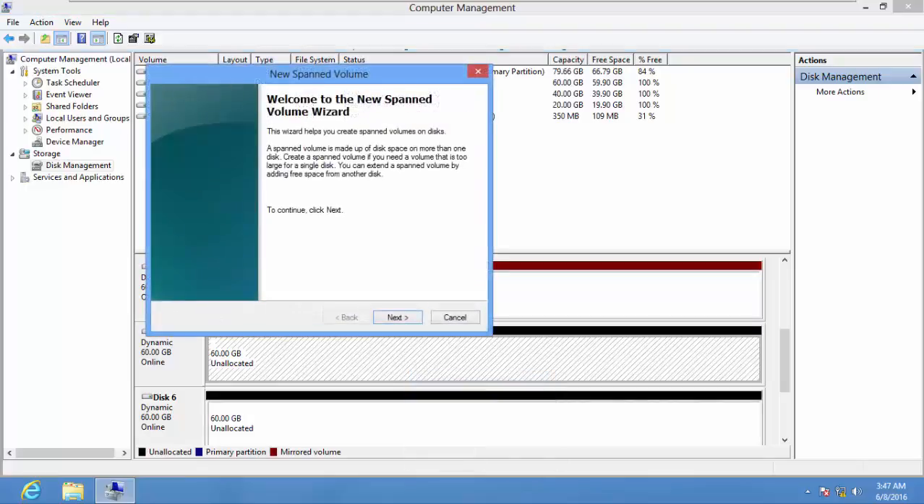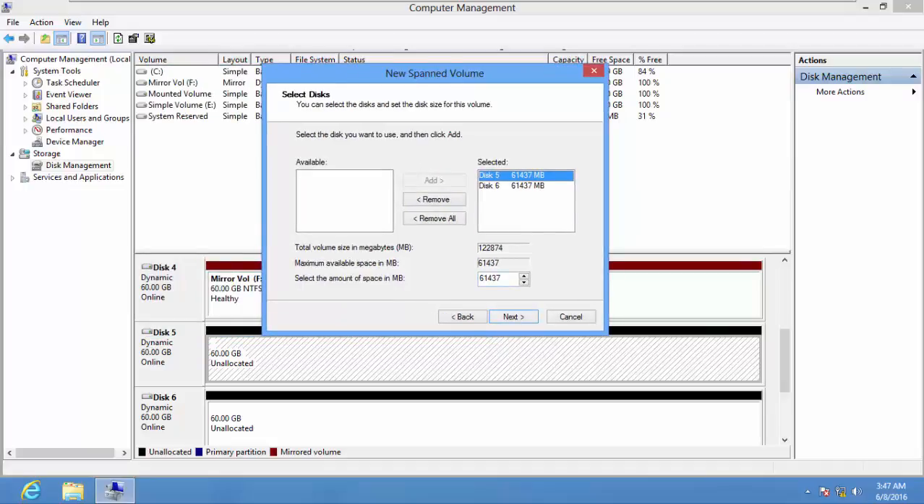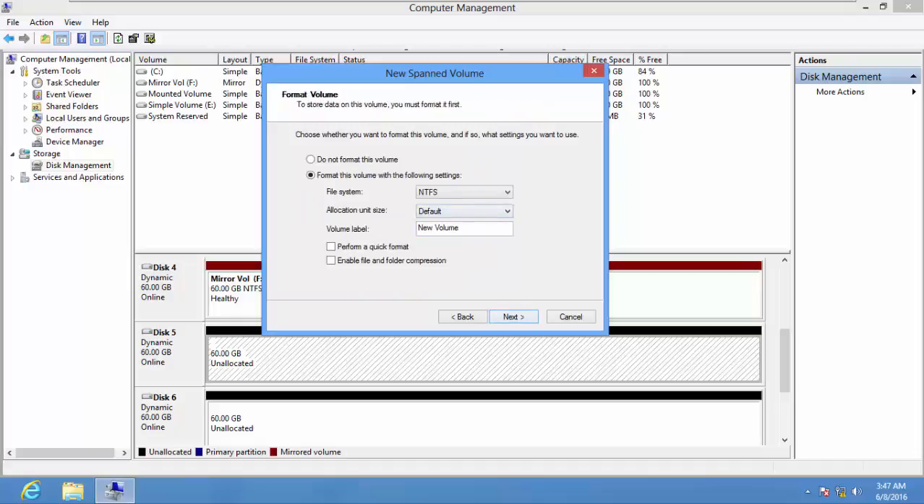I'm going to select new span volume over here, go next, and then select this disk. You can have multiple disks over here that you can add up to 32. So I'm going to add over here, and with the span volume I can decide to say I'm going to use 40,000 MB and 60,000 MB for this particular span volume, and it's not going to cause any problem. But with the mirrored volume and the stripe volume, the disks have to be identical. It wouldn't allow you to do this. Okay, so I'll go next here and assign drive letter G to it, and I'll name this one